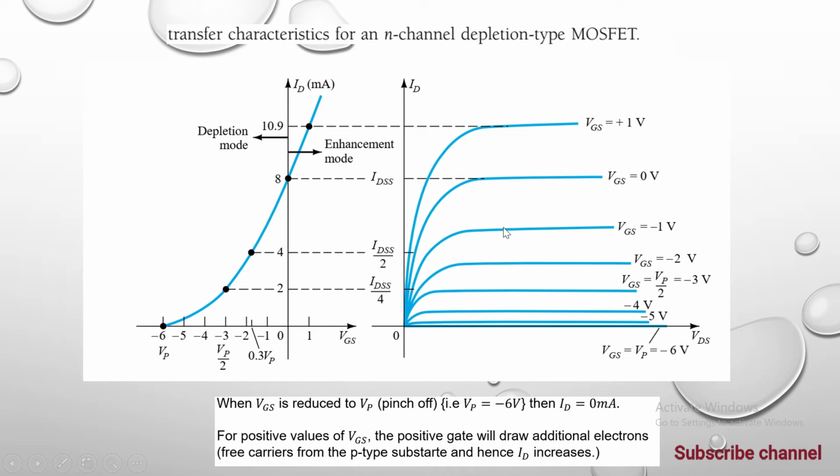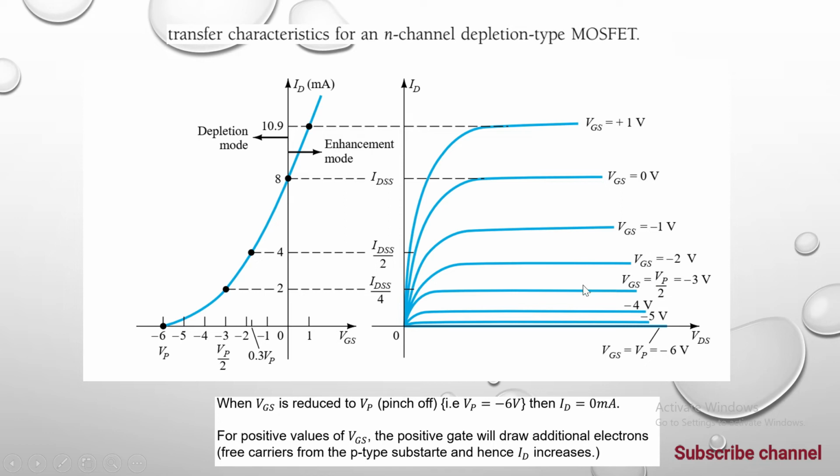When we apply VGS equal to -1, the value of saturation current decreases, and so on. When we increase the voltage towards the negative side,